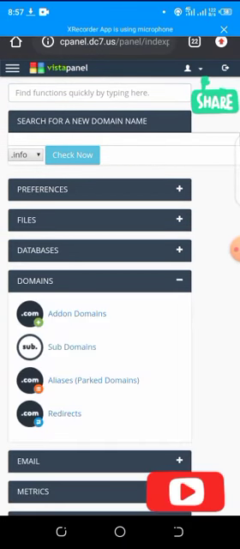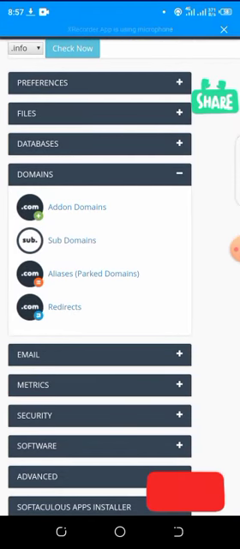Now we have the domain. Under this domain, you can manage your domain. We have add-on domain, subdomain, aliases, that is parked domain, and redirect. Now let me explain the add-on domain. An add-on domain is when you've purchased this hosting and you now have another domain you want to add. You just click on it and add the domain. We'll come back, and I will make a special video on how you add an add-on domain, and also how you make a subdomain. When you create a subdomain, it will be the name you created dot your original domain. But an add-on domain is an original domain you are bringing into the website.